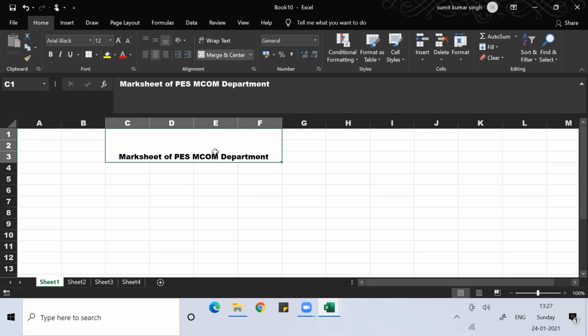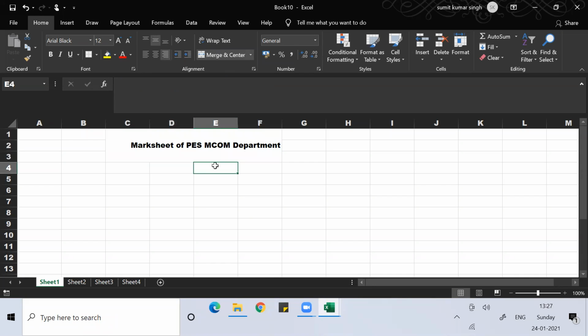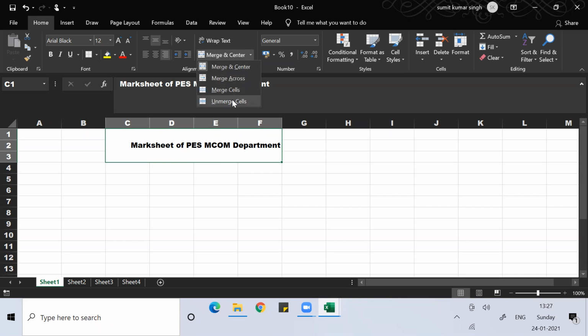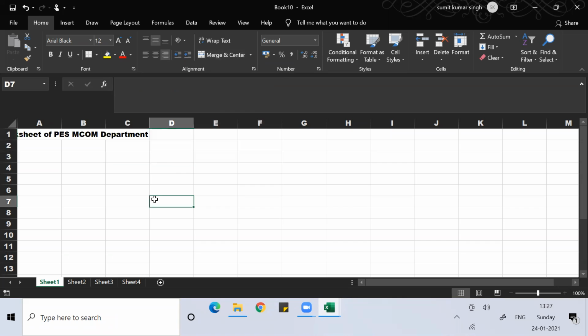You can see all became one cell. You can click middle, click on top, and see the positioning; I can change their position. So by using Merge and Center. If I want to remove Merge and Center, I just go there and click Unmerge Cells. That also I can do.